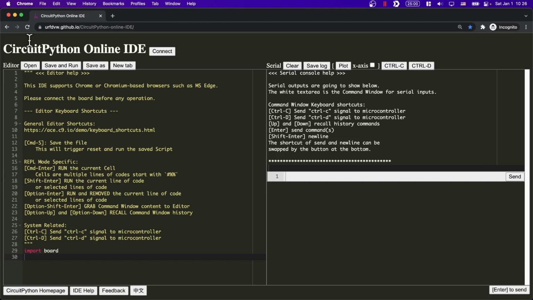It is purely browser-based, so you don't need to install anything. Just go to this link and then you can start coding. This IDE will work with Chrome or Chromium-based browsers such as Microsoft Edge, but it is not going to work with Firefox or Safari. In this IDE, we have the code editor on the left side and the serial console